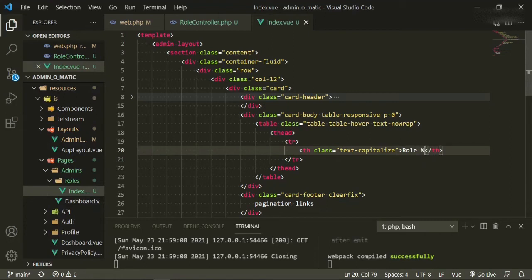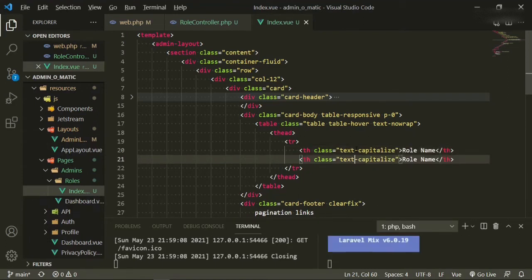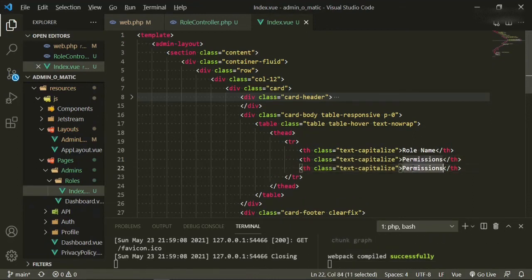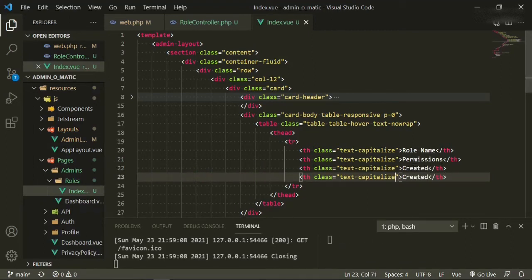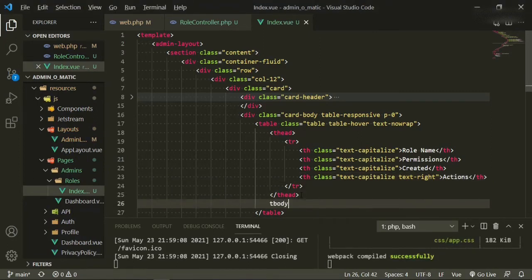So role name. Okay, and then we're going to have another one. Copy paste, capitalize. This is going to be the permissions because we need to have the permissions listed. And we need one more. Well, we need two more, I believe. So this one is going to be created. And this one is going to be capitalized, but it's also going to be text-right. And it's going to say actions. Okay, so that's all for the head for now. So now we can do tbody,